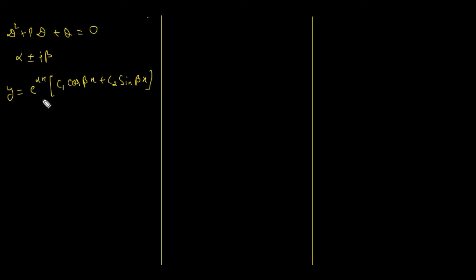If we analyze this solution part, e is raised to the power of the real part of the root. Alpha is nothing but the real part, beta is nothing but the imaginary part. So now on the basis of this solution, we will have some practice problems. One by one we will solve. Example.